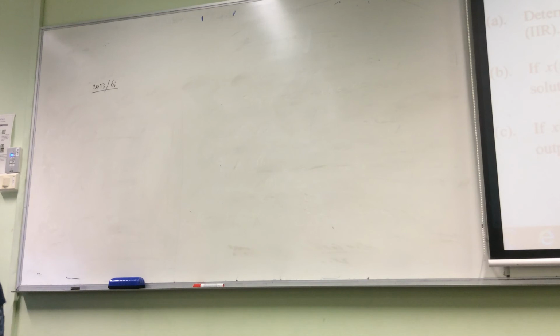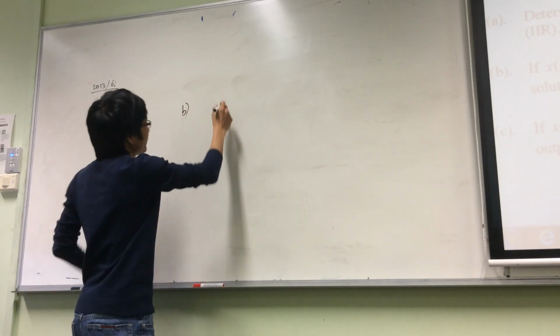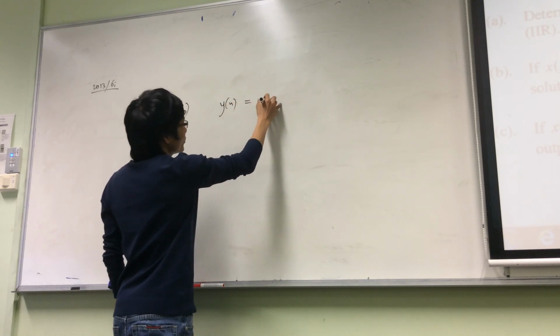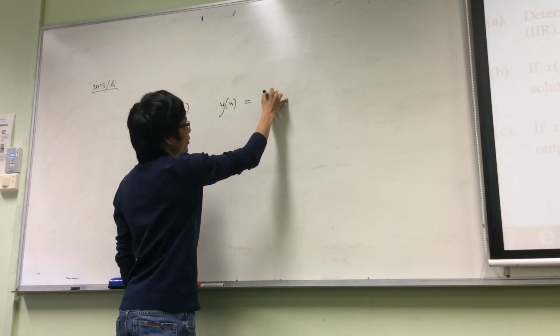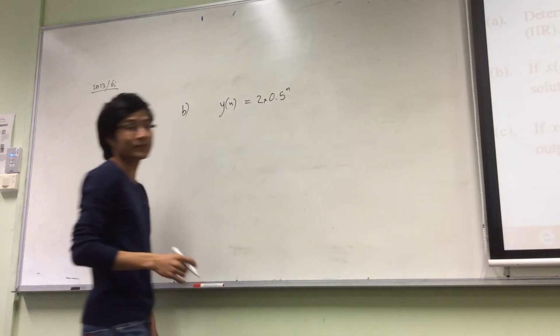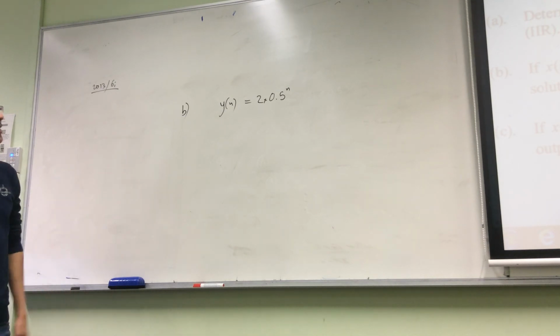So for part B, we have to say that yn will be equal to, well, 0.5 power 2 multiplied by power n, right? Yep. Because this is the solution from the previous one. Now part C,